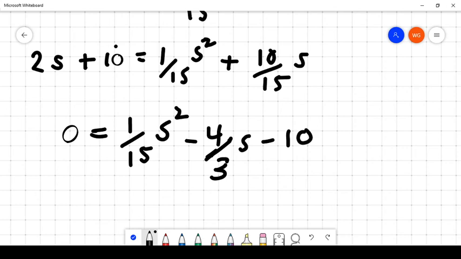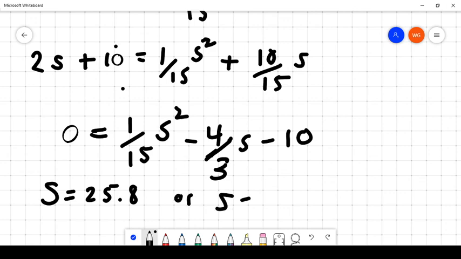And now we're going to solve that quadratic equation. So we're just going to plug it into our calculator. We're just saying mode, and we're going into a quadratic equation, and it's degree 2, and our A value is 1/15, and our B value is negative 4/3. And our C value is negative 10. And what we find is S either equals 25.8 or S equals negative 5.81. So I got two possible answers, S equals 25.8